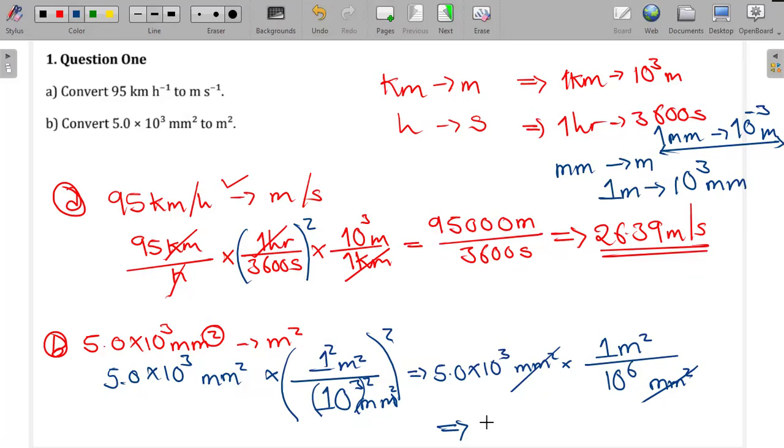Those with calculators? I'm getting 5 times 10 to the power of negative 3. Okay, so we have